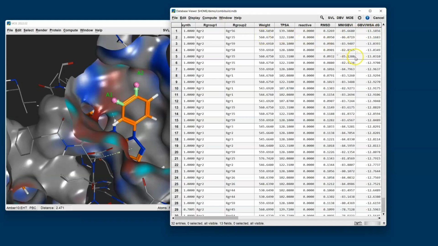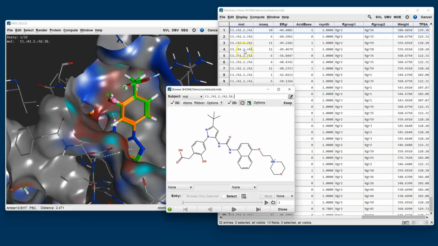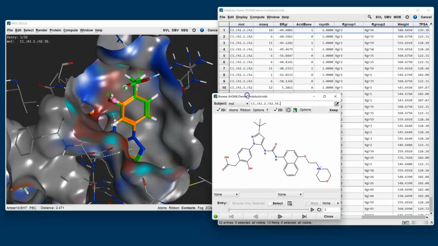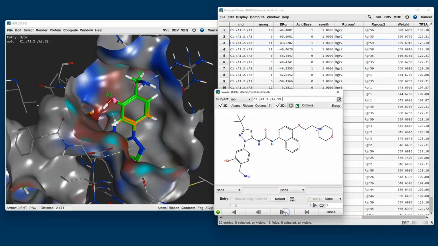those. But beyond looking at the quantitative numbers, I can also use the database browser, which will allow me to investigate each one of these newly generated structures within the receptor environment. So this opens the Browse panel, which contains a 2D schematic of our newly generated ligand. I can also see it within the 3D environment, our newly generated structure in green relative to the original co-crystal structure in orange. And what I can do then is I can click through to investigate each one at a